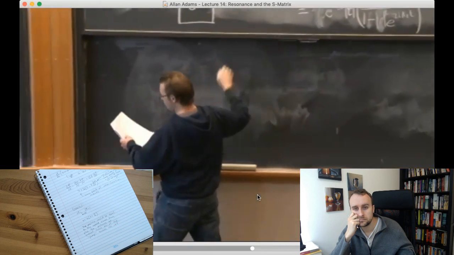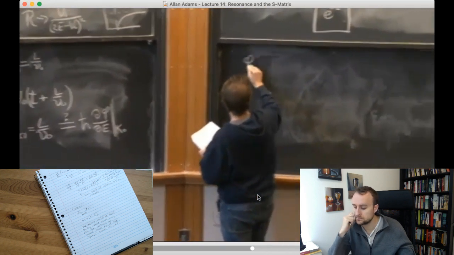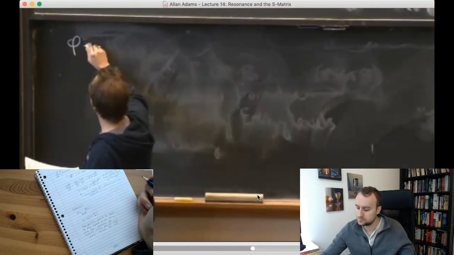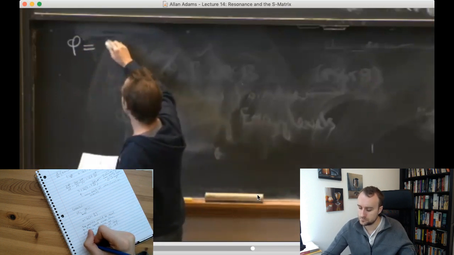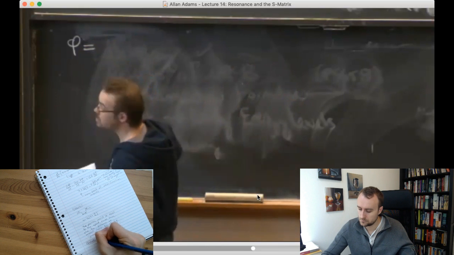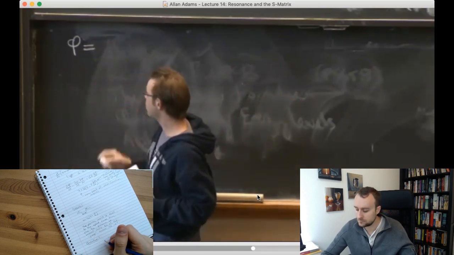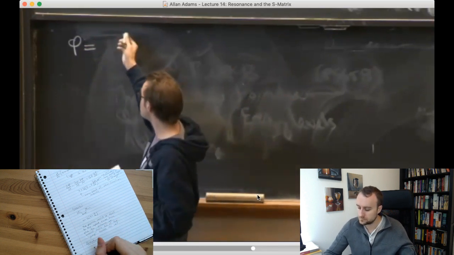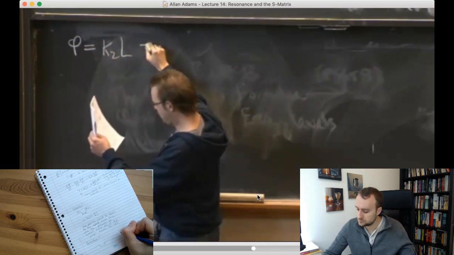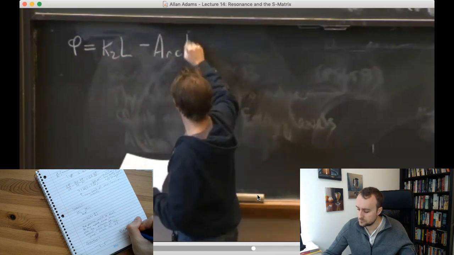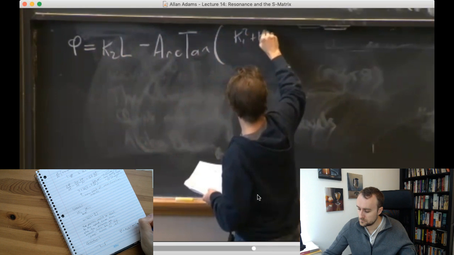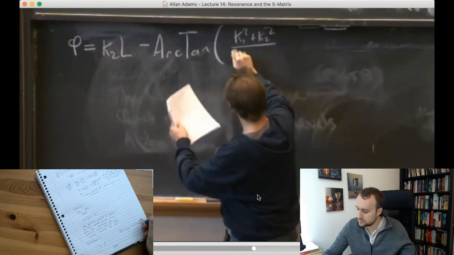From our results last time, for the amplitude c over a, we get that phi is equal to minus the argument, or the phase, of c over a, or of the transmission coefficient, transmission amplitude little t. Phi turns out to be equal to k2 L minus arctan of k1 squared plus k2 squared over 2 k1 k2